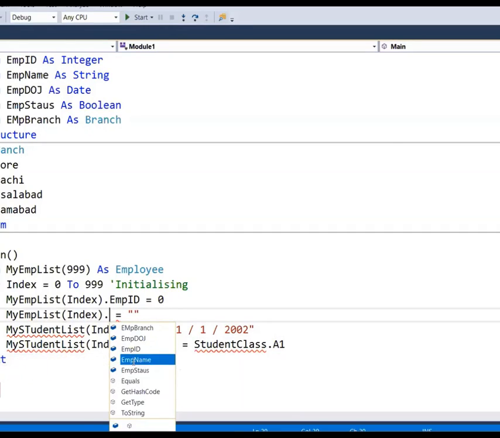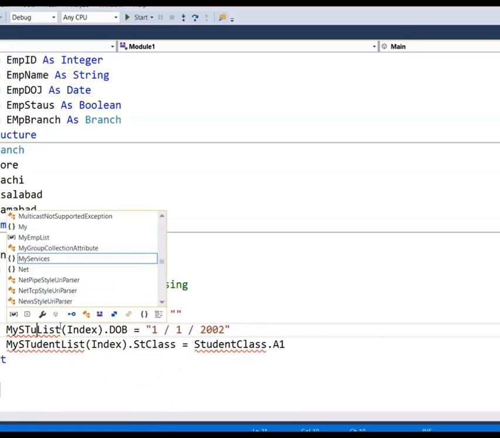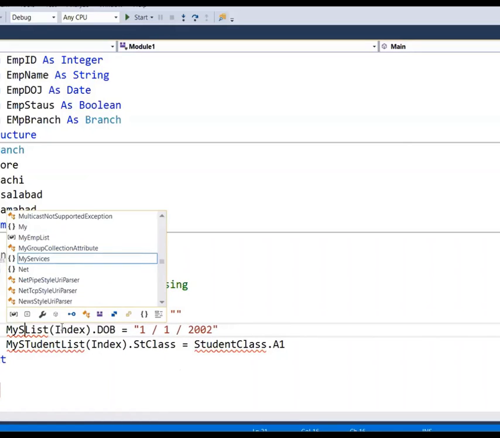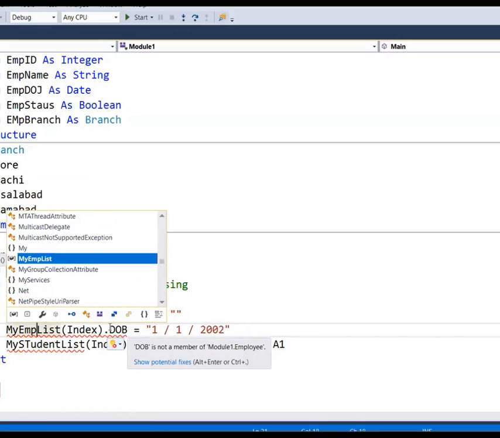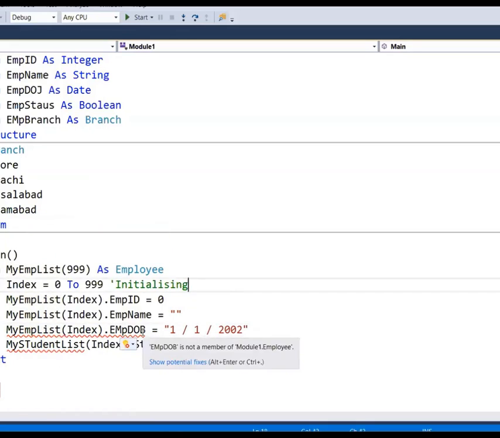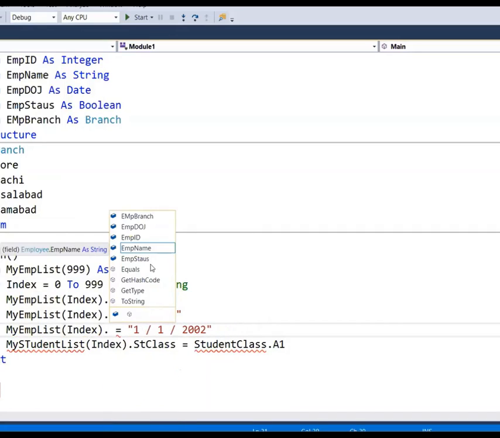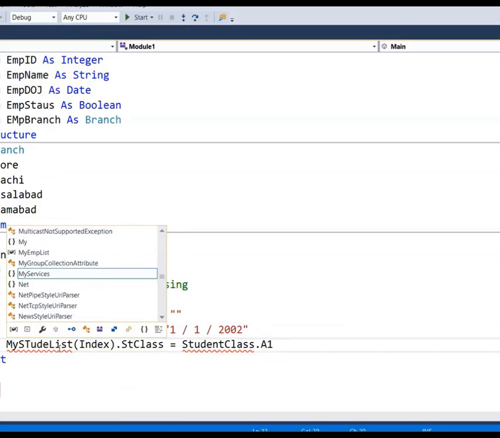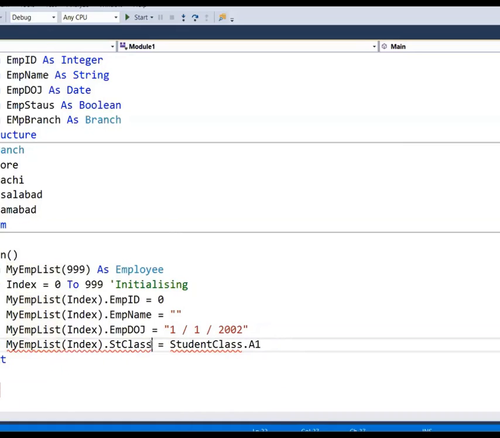Okay, emp name, and then a lot of labor work we still have to do, but not as much as we had to do for arrays. Emp list, I think emp date of birth, or what it is, dot emp date of joining, and the last is emp status, I think,